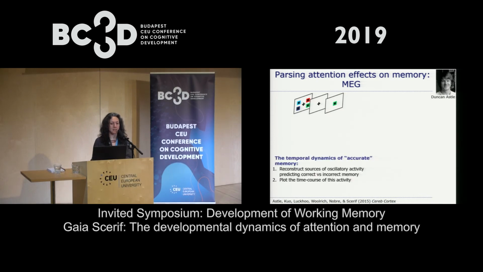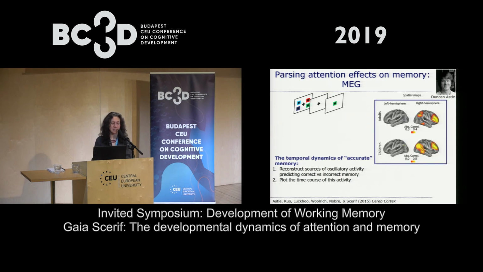And then we asked questions about the temporal dynamics of accurate memory. With MEG, like with fMRI, you can take the approach of plotting a regressor that's accuracy. So on a trial-by-trial basis, when are you being accurate compared to not? And that's what Duncan did. He identified a network of areas that were predictors of accurate memory. In this paradigm, there was a right lateralized frontoparietal network. The particular frequency band we can talk about later. But what was interesting was that the predictive role of that network was around the encoding period. The state of that network when the array came up